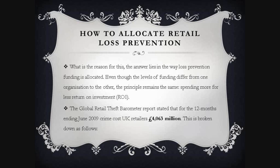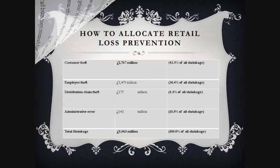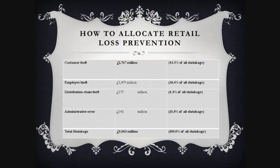The Global Retail Theft Barometer report stated that for the 12 months ending June 2009, crime cost UK retailers £4,063 million. This is broken down as follows. Customer theft, £1,767 million, 43.5% of all shrinkage. Employee theft, £1,479 million, 36.4% of all shrinkage. Distribution chain theft,